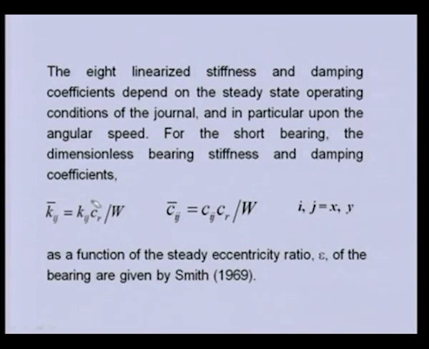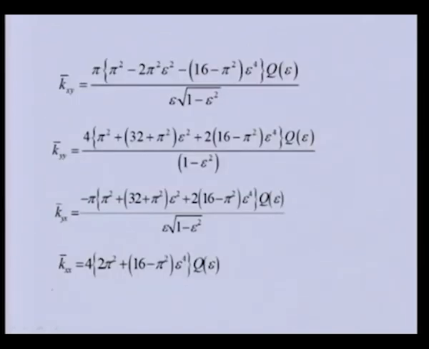Here, this is the clearance, radial clearance, this is the weight of the journal, this is the stiffness coefficient. So, basically these are non-dimensional stiffness coefficients that are defined. This is damping, non-dimensional damping. Again, this has been defined like this, and in this particular case, these expressions we have taken from Smith's book. So, you can see that we have explicit form of these